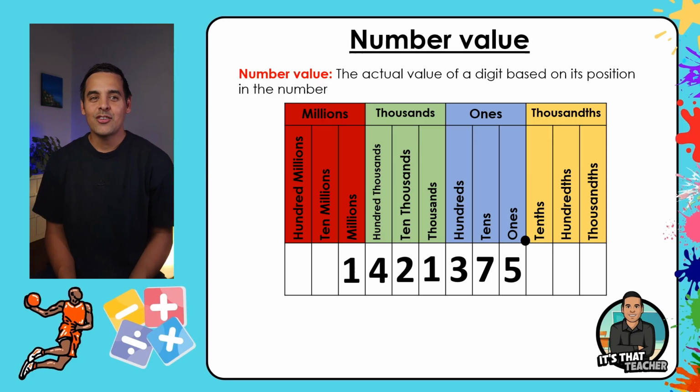Number value is the actual value of a digit based on its position in the number. So, as you can see, I put a place value chart. We're going to go through that as an example. Now, if you haven't already seen my place value video, I'd highly recommend going and checking that out. I think it's important that you understand place value before you understand number value. So, let's move on. As you can see, the number here is